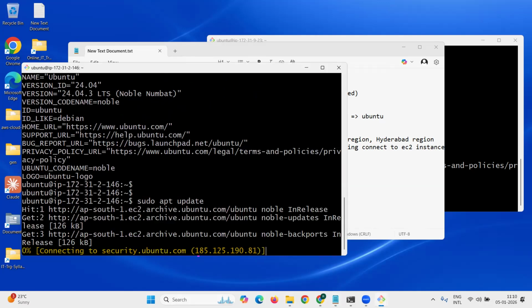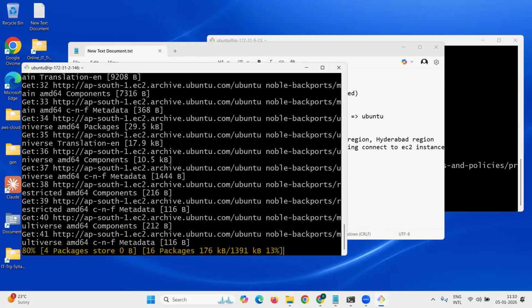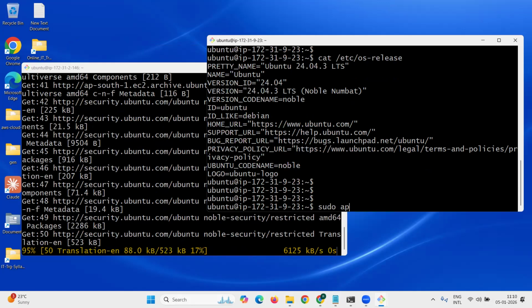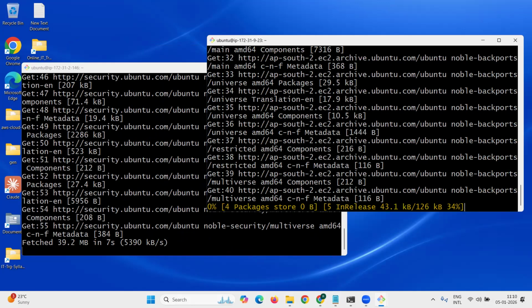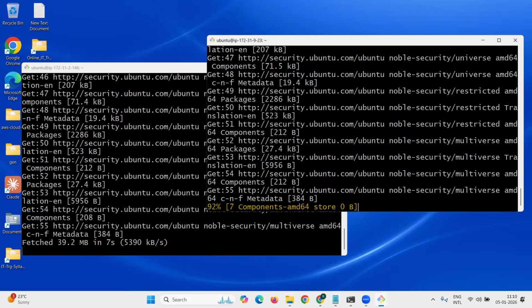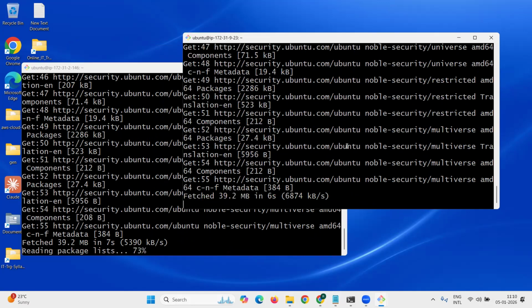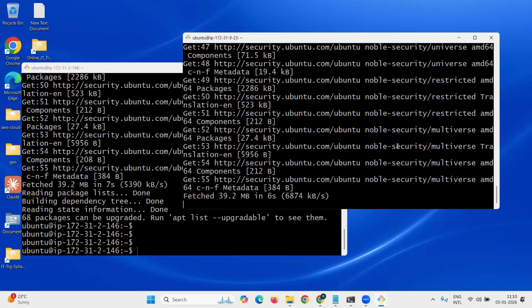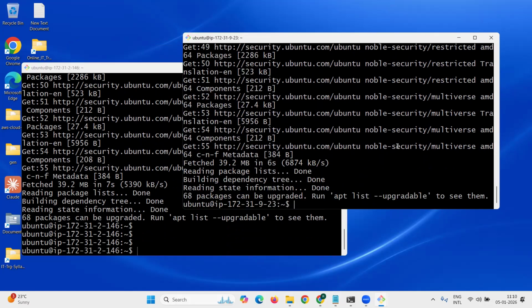Sudo apt update. It will connect to the default Ubuntu repository and download OS patches. Similarly, on the second machine, sudo apt update. If the network connections are proper and it is able to connect to the repository, it will download updates from the default Ubuntu repository and install them. Once updates are done, the next step is